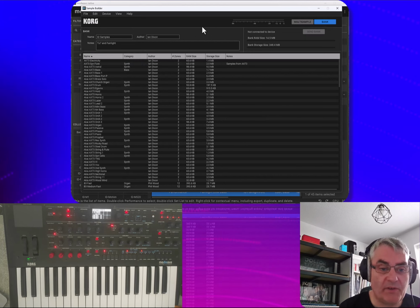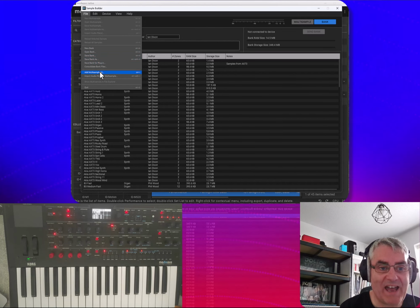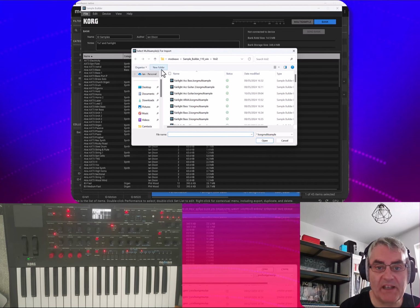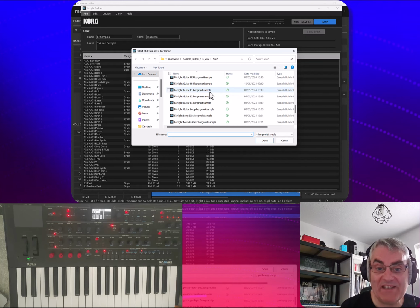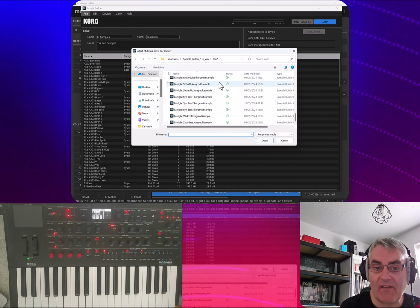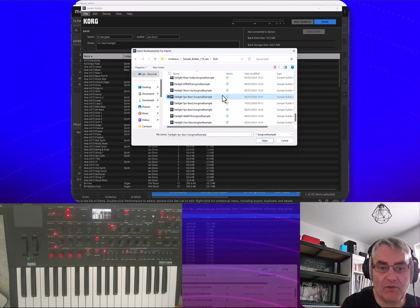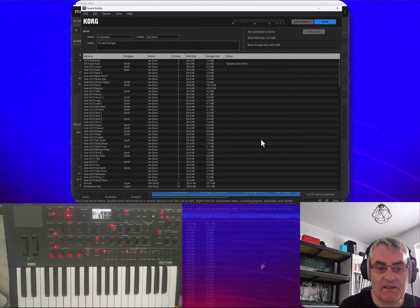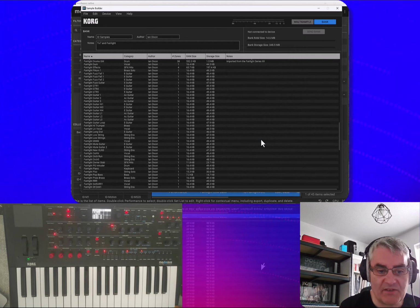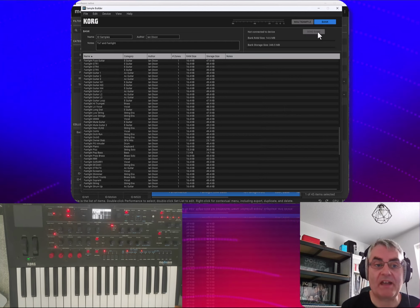If you've got a bank already, like I do with the master bank, you can add my multi-samples to your bank. You'll find them in the folder, unzip them and just add all those into your bank. You can do Control A, I think. Select the first one, Control A, select them all, add them in like that, and then you'll see them all added in, and then you can just send that to your